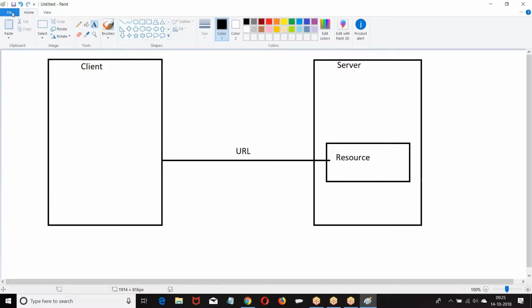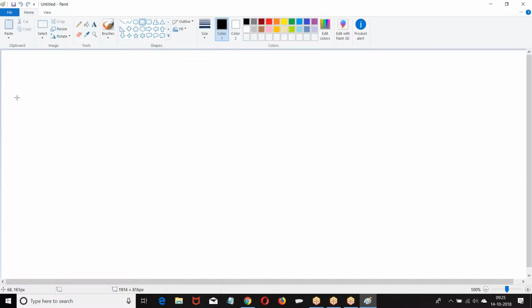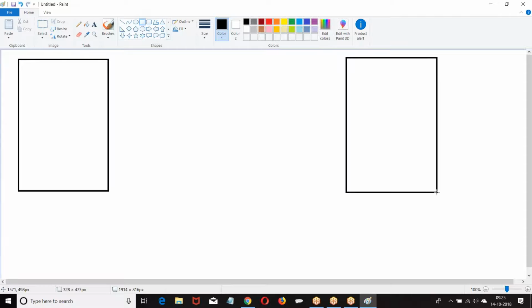If you want to handle the same process with the SOAP API, what is the process we need to follow? Right.